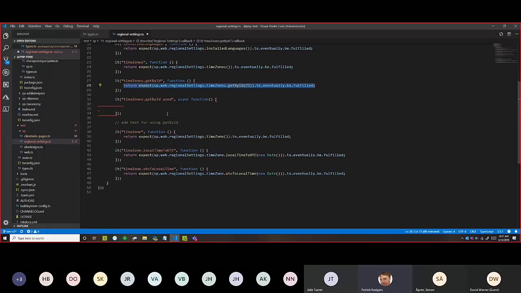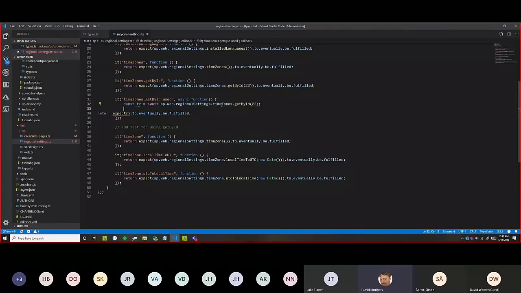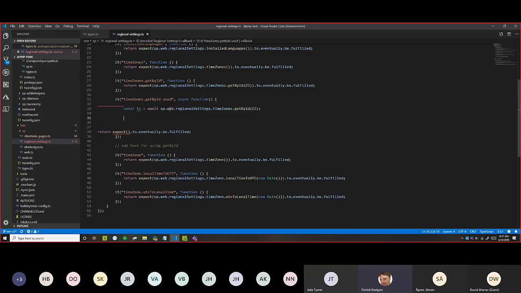And I'm going to copy this line. We're going to set it there. And what I want to do is I'm going to take this part out, and I'm going to say const tz is await this. So now we're invoking that. We're getting our time zone object back. It's going to have data in it, right? So we can say expect tz to have, well, we could just say have own property,